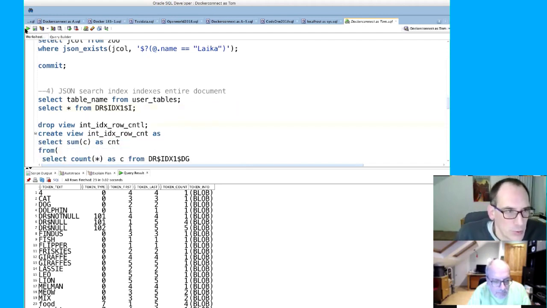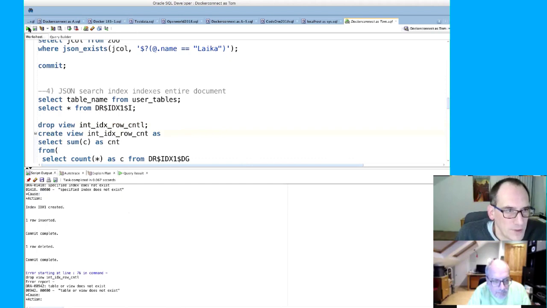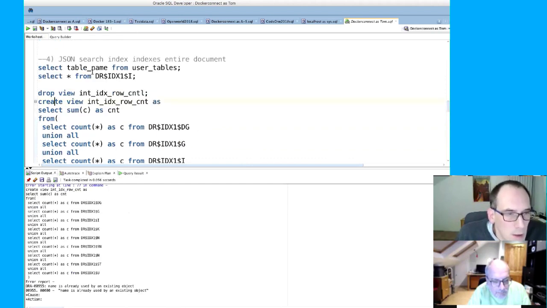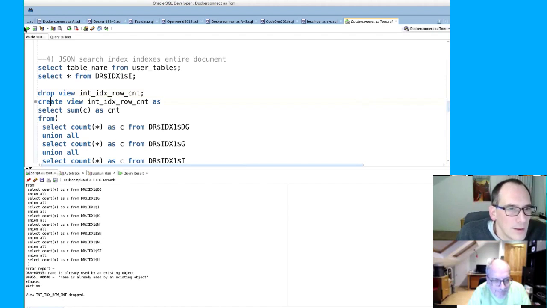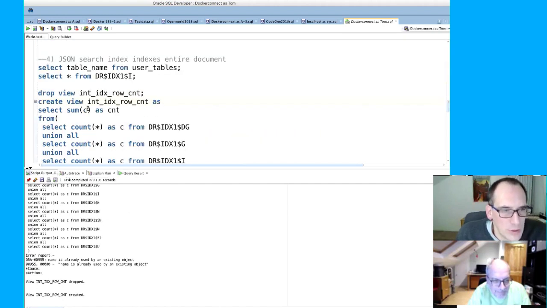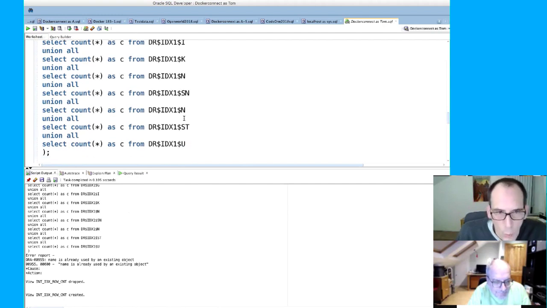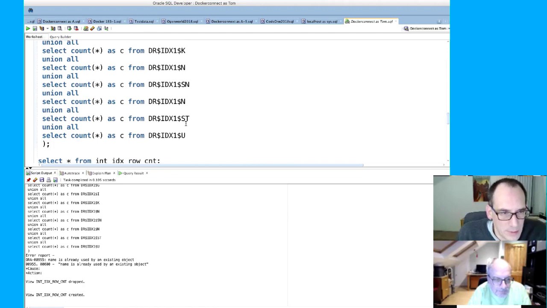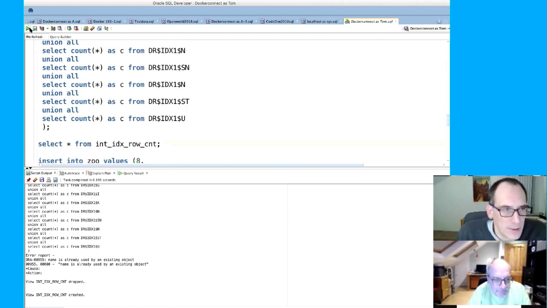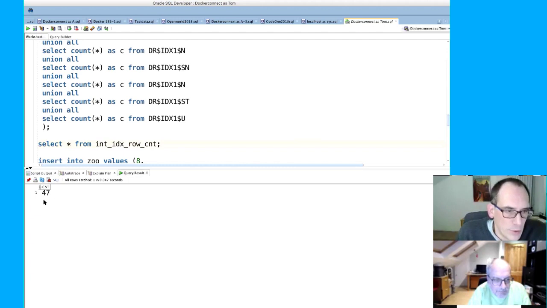So what I wanted to show you is if I create a view across all, oh, there's a typo, I think. There's always a little glitch in my presentation. And this was it. So I created a view here which does nothing more than summing up the rows of all these internal tables. So we don't have to really understand what they are for. We just have to understand that there is something going on in these tables if we work on the base table. So if I get the actual count, I have 47